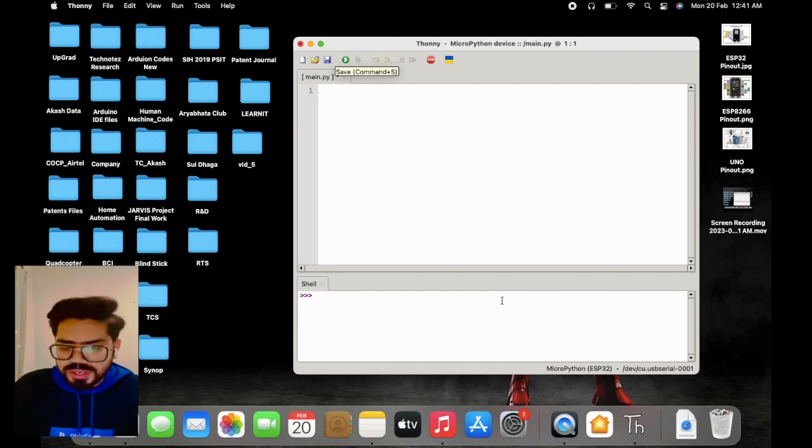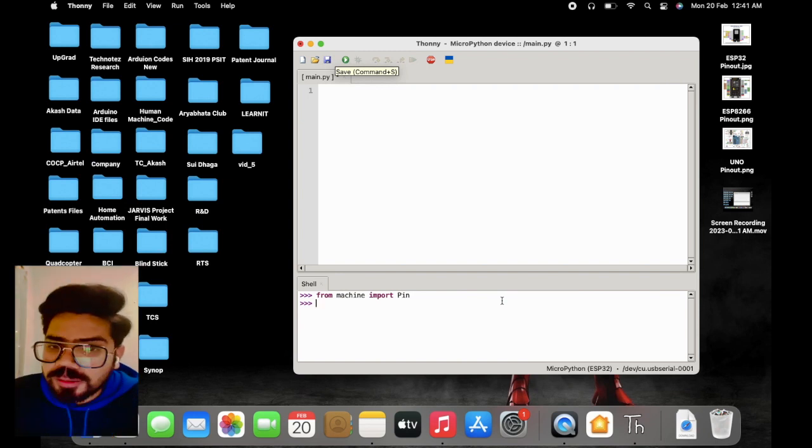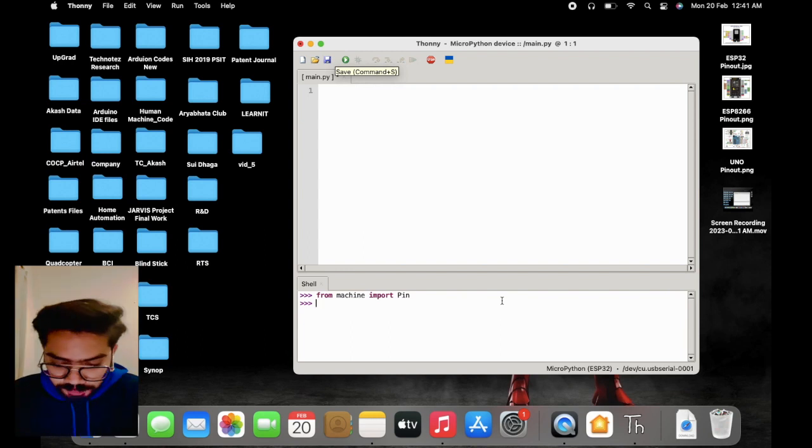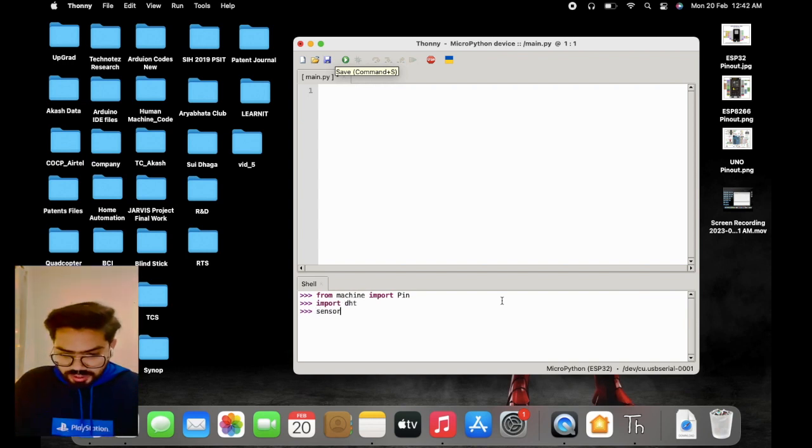we'll import the pin from the machine library. So from machine import pin. So here luckily we have DHT11 inbuilt library in MicroPython. So we'll directly import the DHT library here, and now first we'll define a variable for the DHT11 sensor. So for that what we have to write